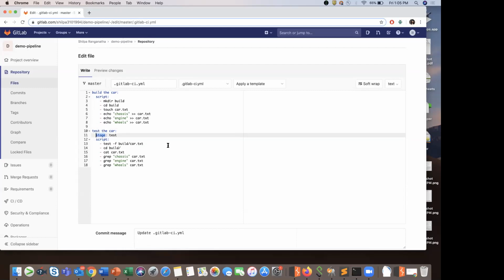Okay, so why do we use it? Now previously I just had a single job to run, so then there are no steps or there is no flow involved. But here I'm defining two jobs, so it depends on me whether I want these jobs to run one after the other, or I would like the jobs to run parallelly. Okay, so this key stage is used to specify the order of running of the jobs. So I'll tell you how to define that.